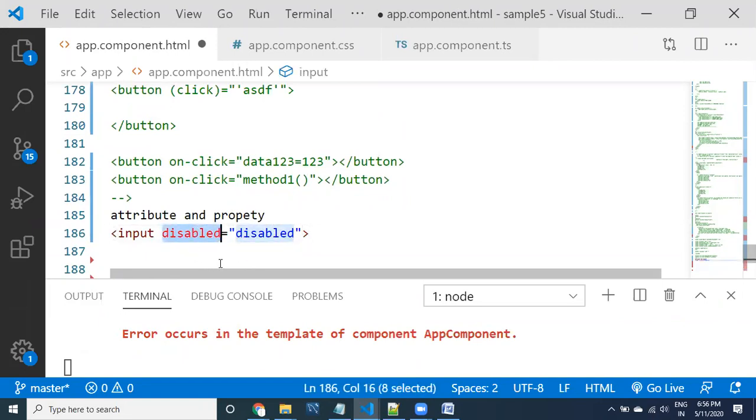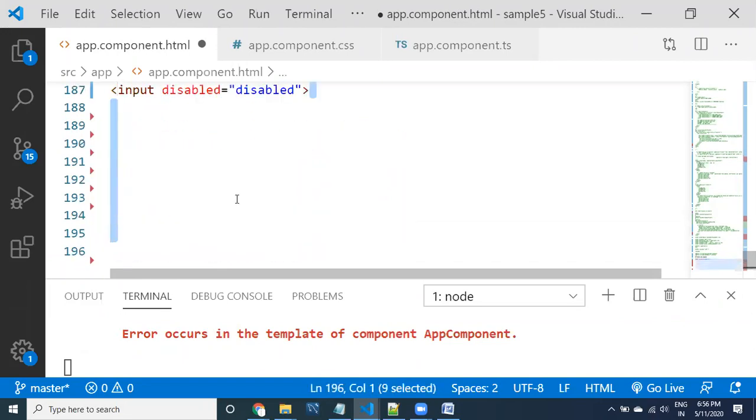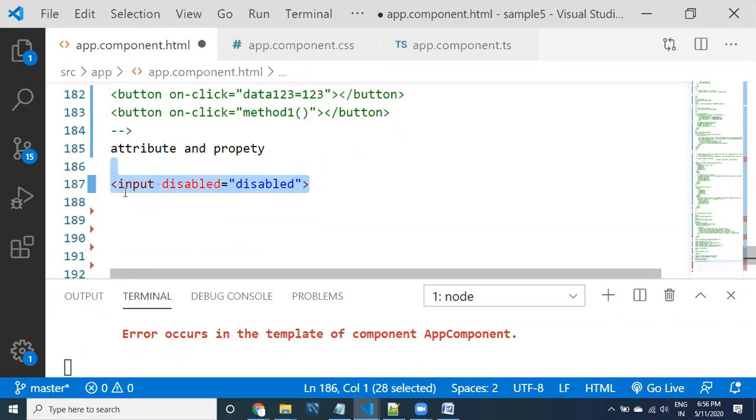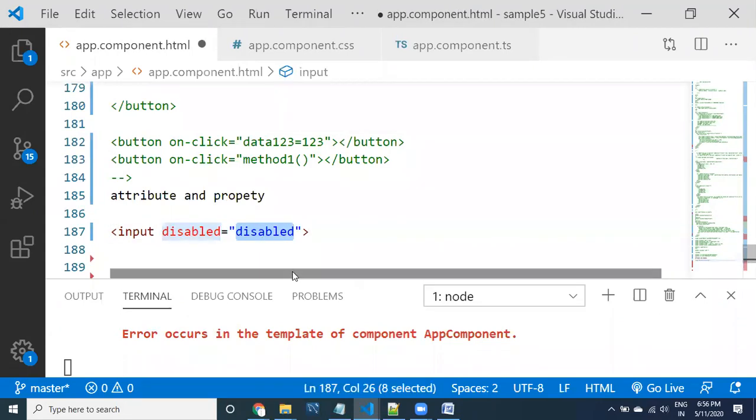But now I want to bring this into Angular. How can I use this in Angular? If I use it in Angular, I need to use binding. I want to bind some value.